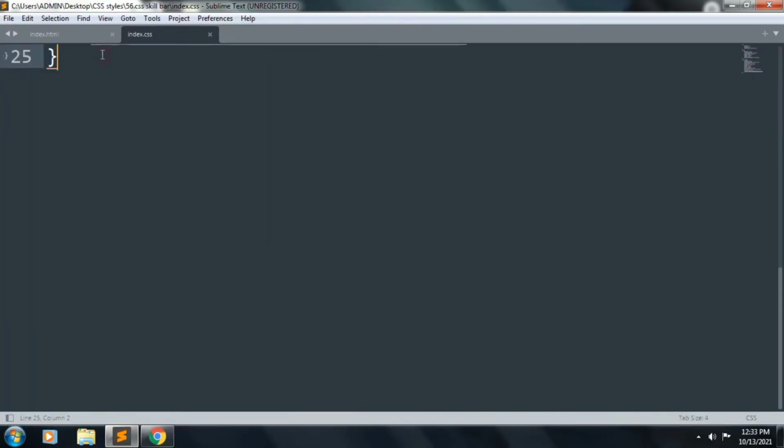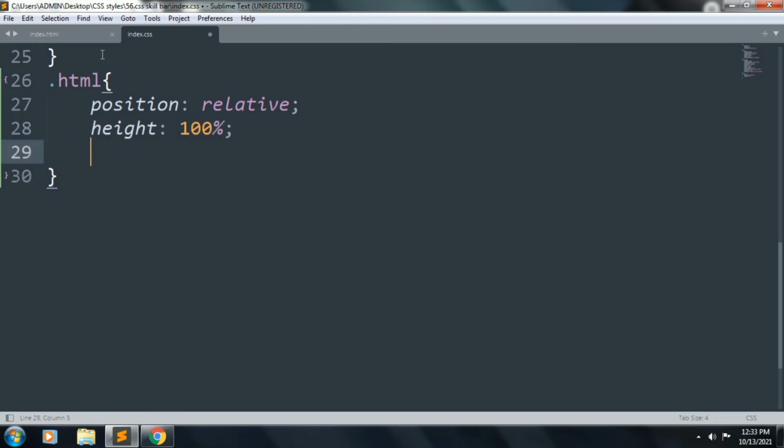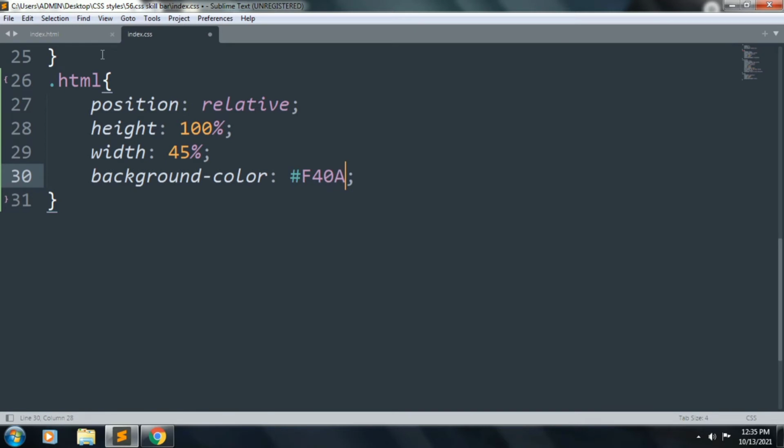Let's start to style class HTML. Inside this, position will be relative, height 100% and width 45%, background color #F40A4DFF. Save the file, refresh. We want to set this border.